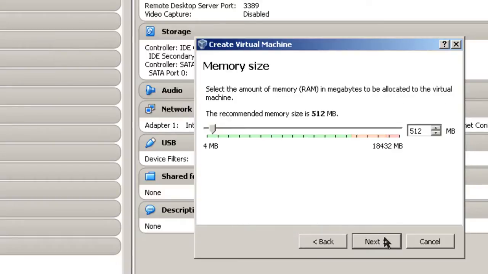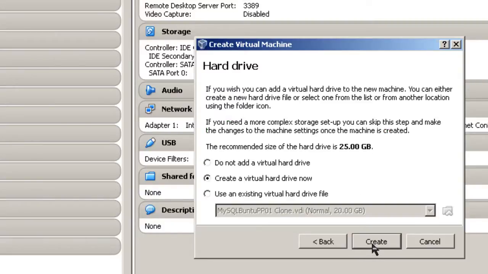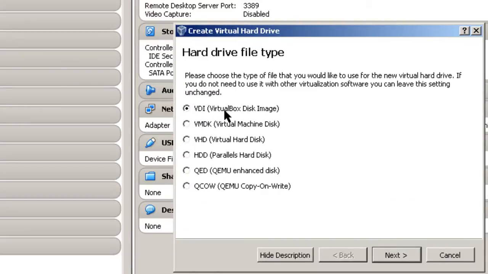So I'm going to click on Next, and it recommends 512 megabytes of memory. I'm going to go all the way up to 1024. That's pretty much what I recommend for any Windows 7. Click Next. It's going to ask to create a virtual hard drive, yes. And I'm going to take the default,